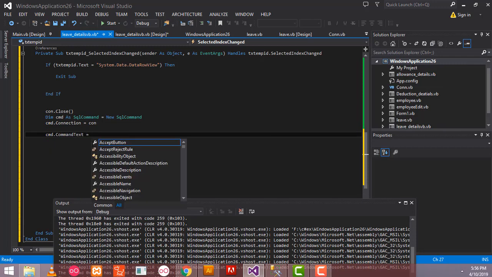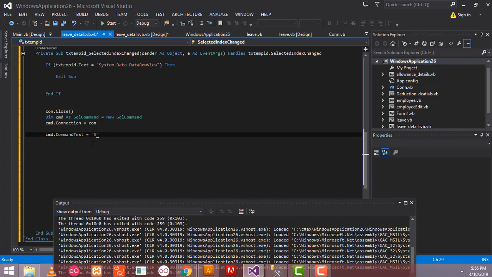You have to write the query here, select all from which table, employee details table, employee details,